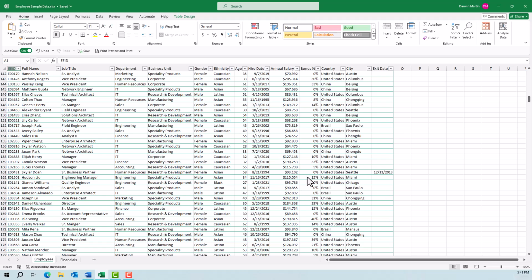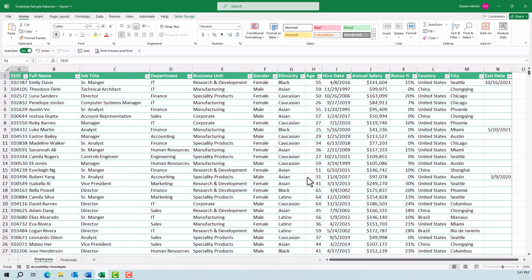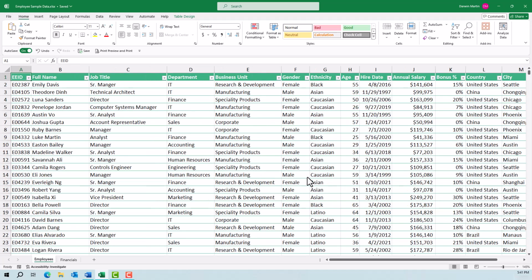If your mouse does not have a scroll button, you can actually do this with the keyboard also by pressing the Control key, the Alt key, and the plus key. You can actually zoom in. So you can press the plus key multiple times to keep zooming in to this, to see the area that